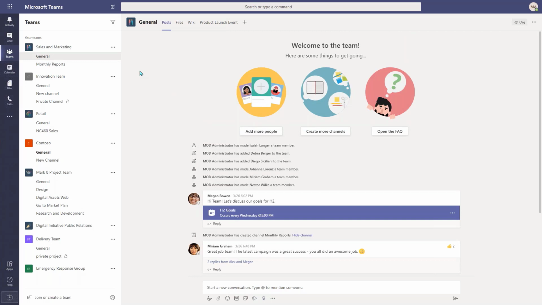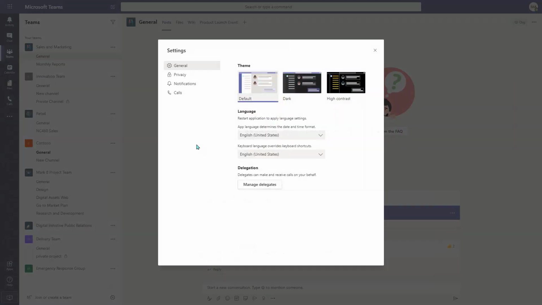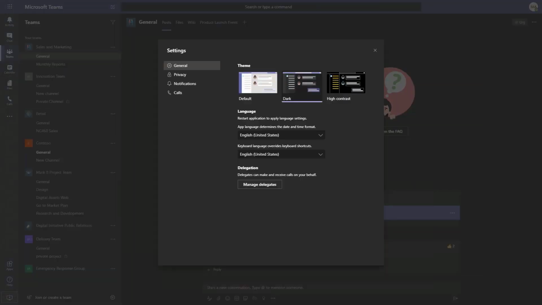So if you're not familiar with Teams, this is the basic layout. You have that purple bar that's pretty significant that you're within Teams, and you can change some themes and features here if you like. If you click on your account and go into settings, you can customize what things look like. If you prefer a dark format, you can do that. If you need some high contrast, you can do that as well. I prefer to work in the dark format, but for the webinar purposes, I'll move back to the default in